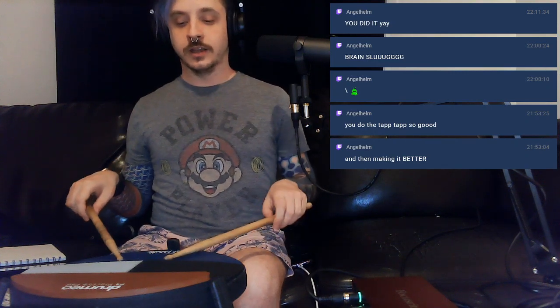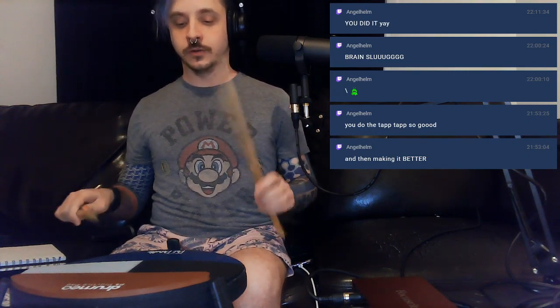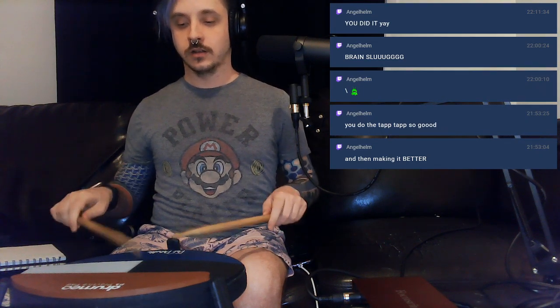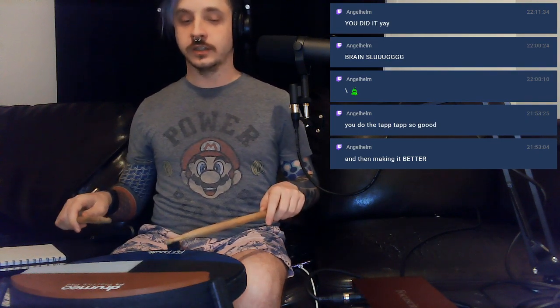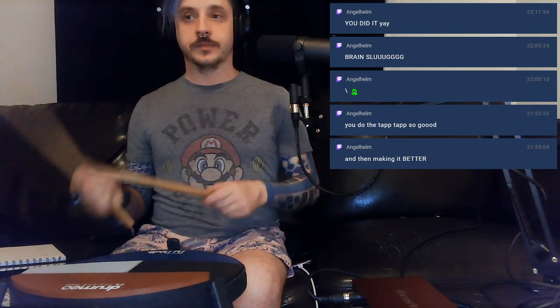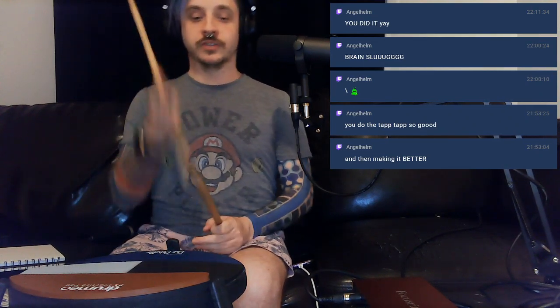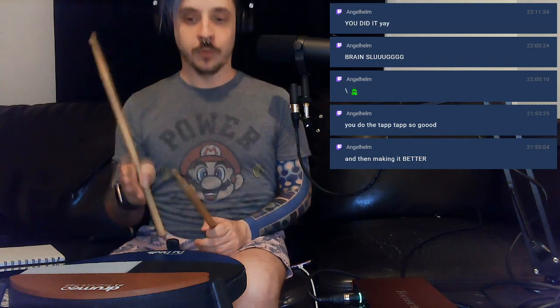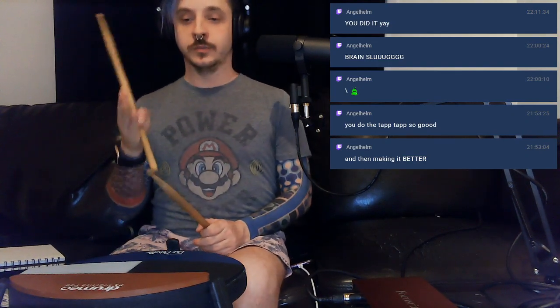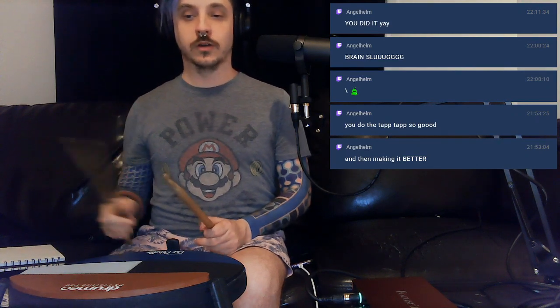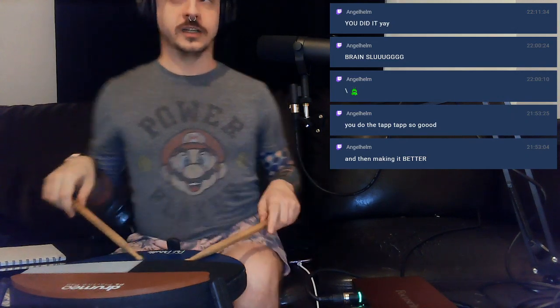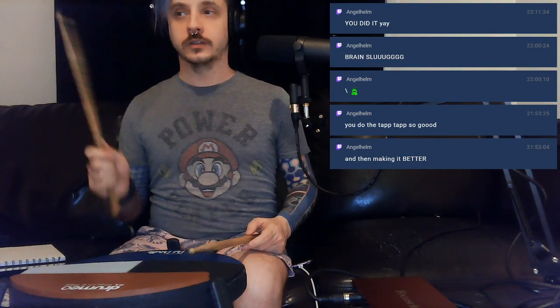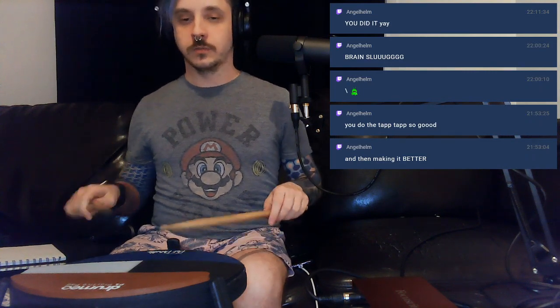I know why it's happening for me, because after I do the second one here, that's a paradiddle, right? So I have this, and then it should be coming in on the left, and in my head I'm losing track of that. So I really need to work on my internal clock, so that I'm always knowing where I am in reference to the beat of 1, 2, 3, or 4. I'm definitely losing track of that, so I'm going to try to work on keeping track of that as I go.